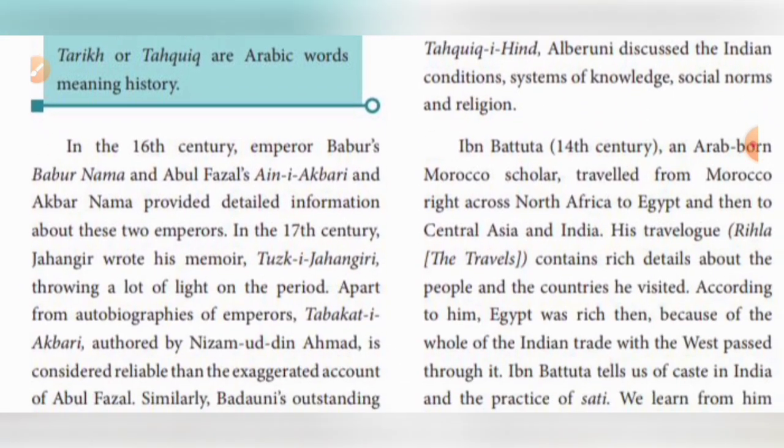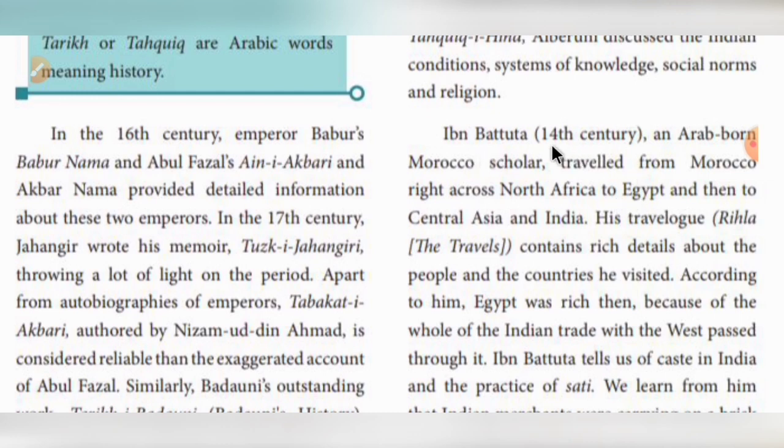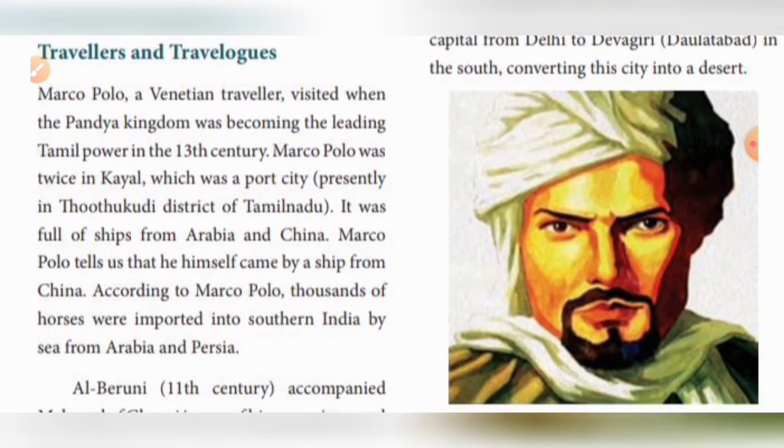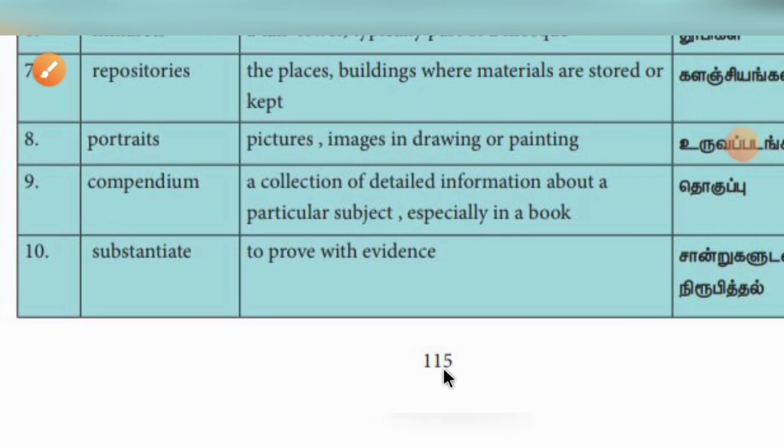Then Ibn Battuta. Ibn Battuta is an Arab-born Moroccan scholar. His travelogue name is Rihla, meaning the travels. He mentioned Egypt as a rich country and he tells of the caste system in India and the practice of sati. So that is Ibn Battuta. And then in page number 115,